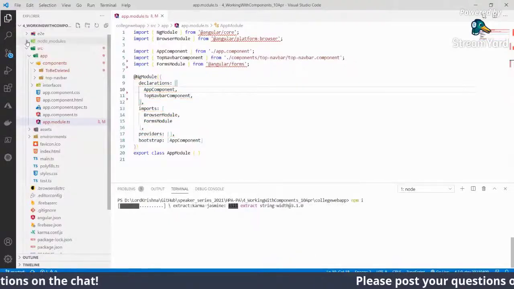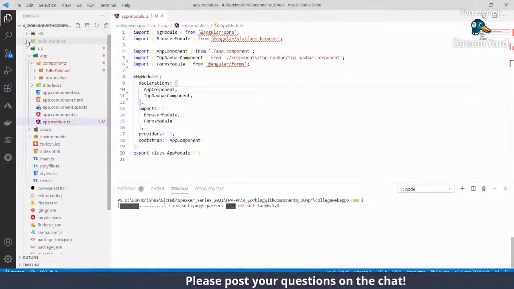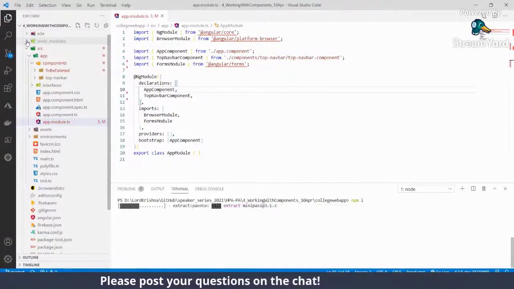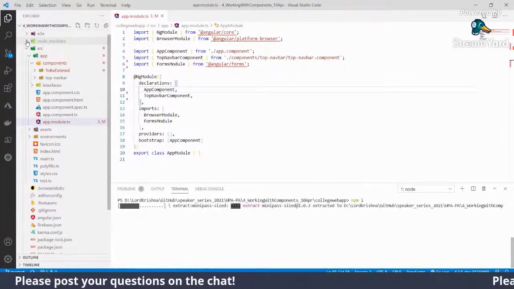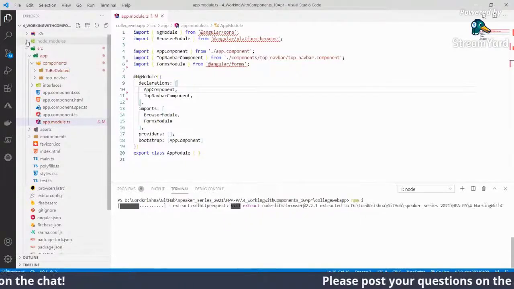Okay, it has created the node modules. Give it a minute. It will install these packages, and then we'll work through.